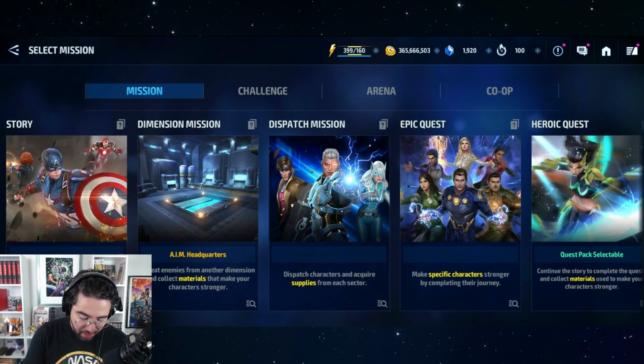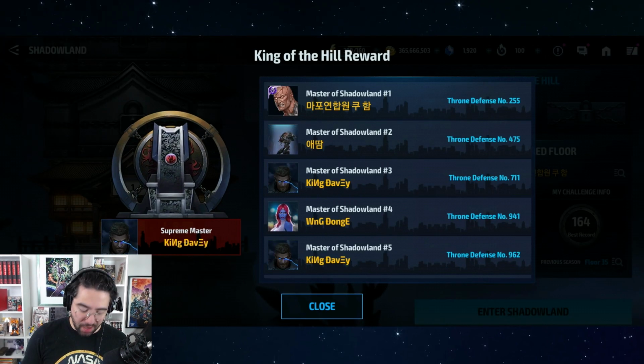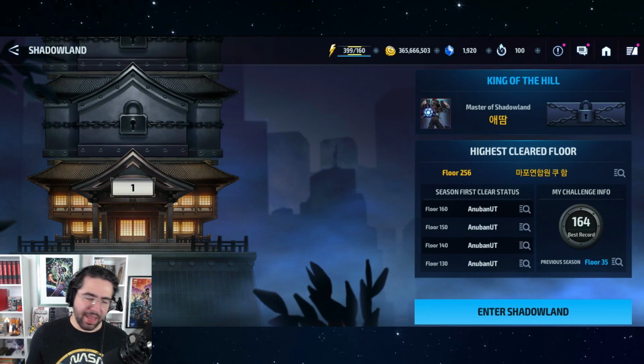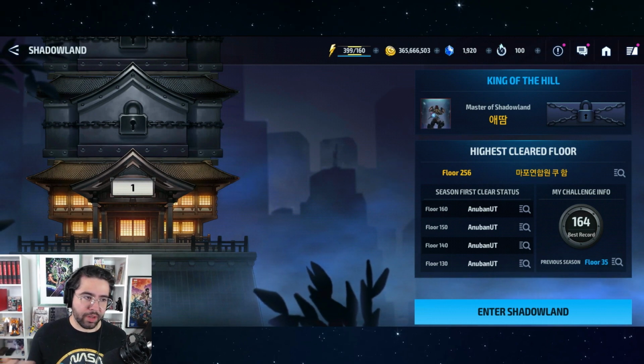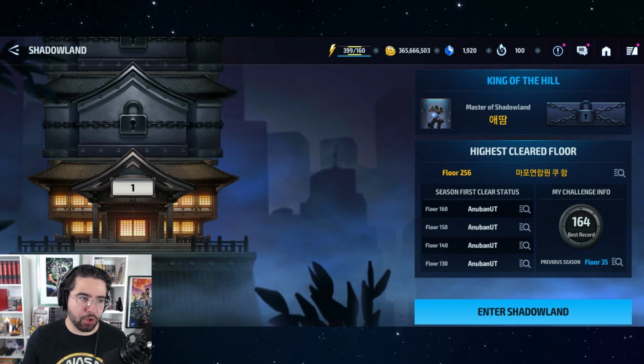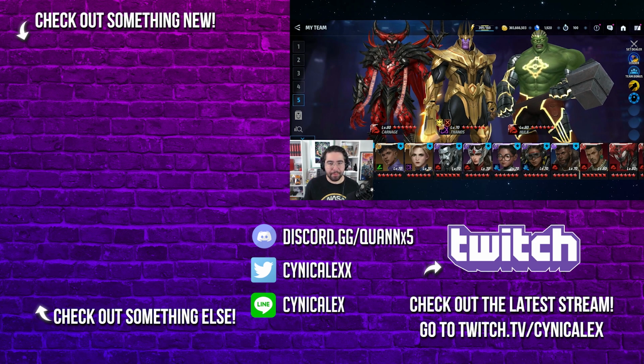Maybe in Shadowland, for example, when they finally rework this game mode, they could have something where it increases your damage a little bit, or lowers the HP or the defenses of the enemies a little bit based on how big your roster is. So the larger you build your roster, the easier it makes climbing Shadowland. I don't know. Or maybe they could just make it rewards based. I'm not sure. But anyways,